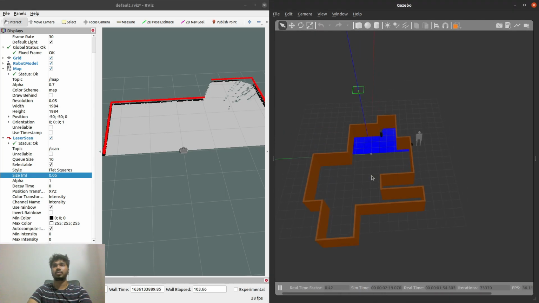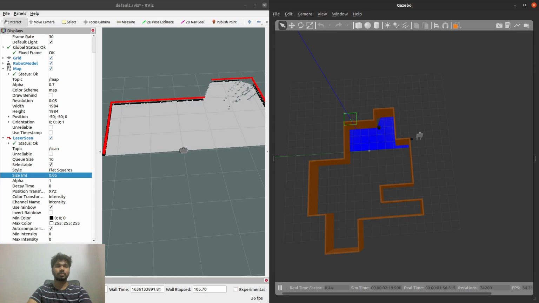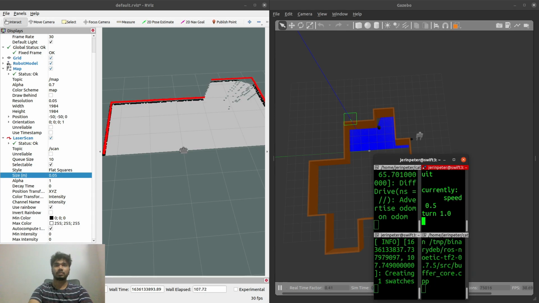So let's drive the robot around by looking at the Gazebo world here, and let's see if the map is getting successfully generated. So I'm driving the robot around. And as you can see, the map is perfectly getting generated to the left.